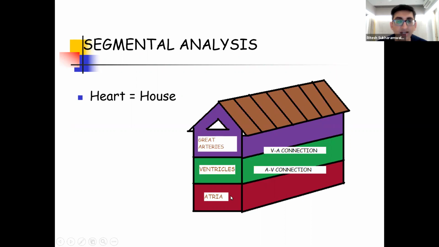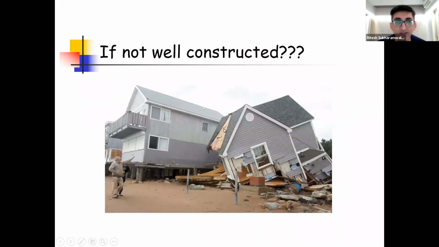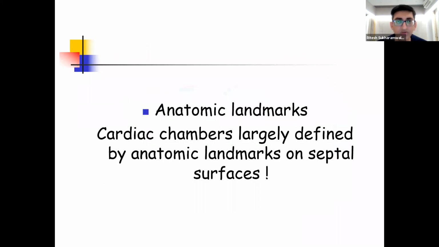First, we need to identify the atria, the ventricles, the AV connections, then the great vessels. But if we directly jump to construct the third floor, what is going to happen? We will not be able to reach the perfect diagnosis. So coming to the